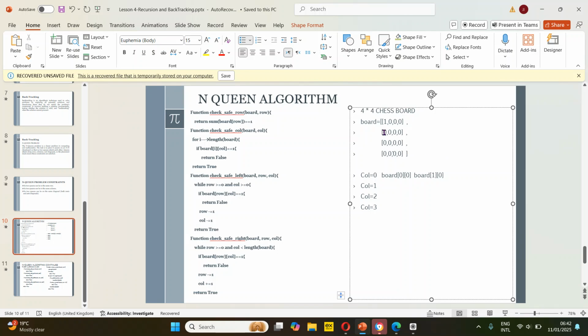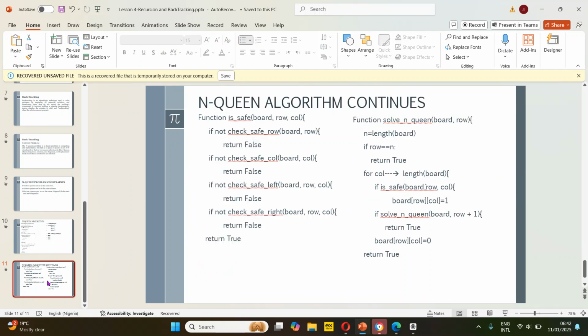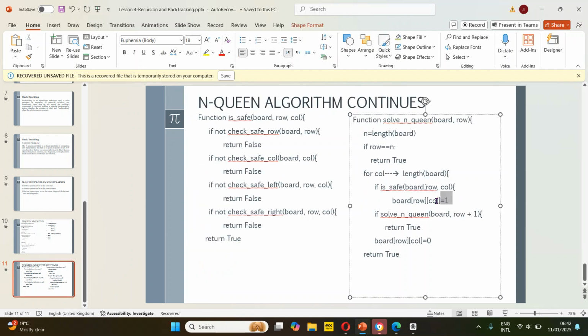So it means that I want to find out if row 1 column 0 is safe for placing a queen. Now if you check, we can't place the queen here, so it's not actually safe. So now it will move down to column 1 to check if it's safe, right? Remember that it only performs this when the condition is true. So this instruction will keep on going, and the iteration will keep on flowing until we find a safe column